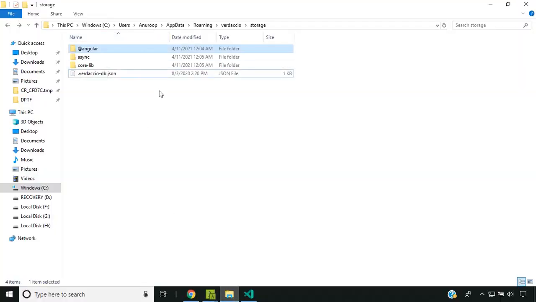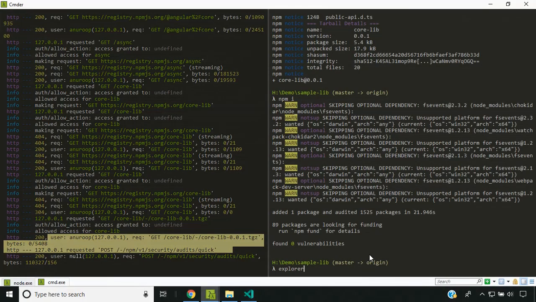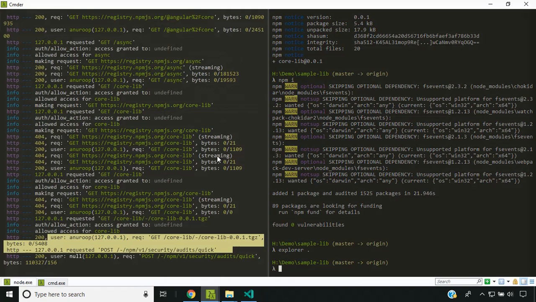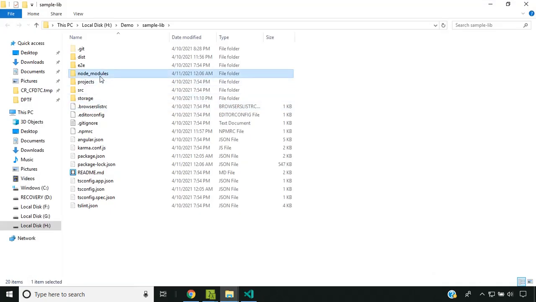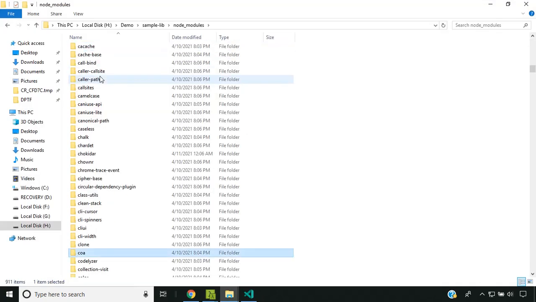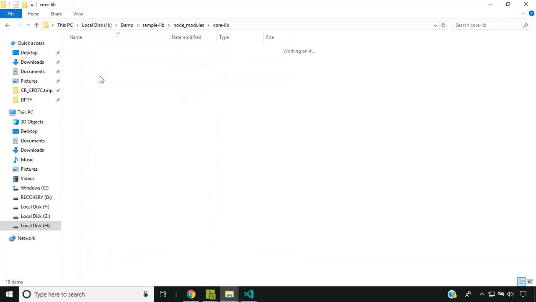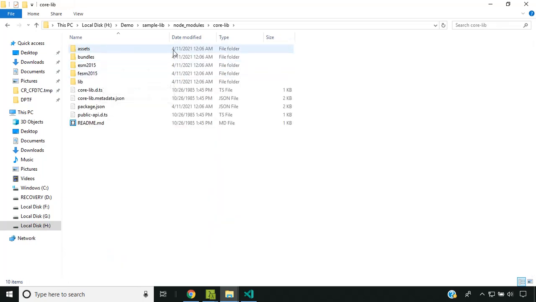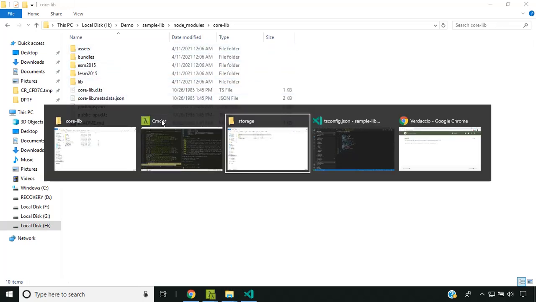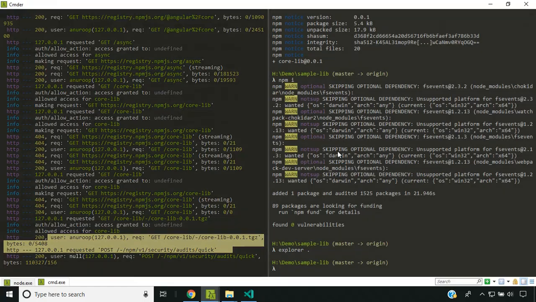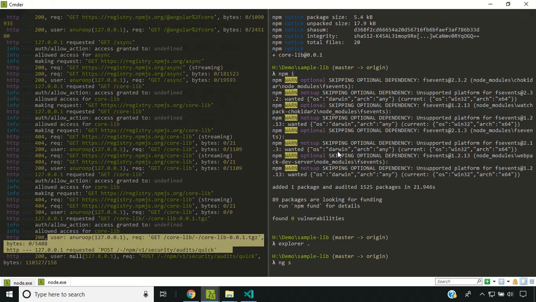Now if we go into our application folder, inside the node modules, you can see our core lib library along with all the data. Now let us run our application and see.